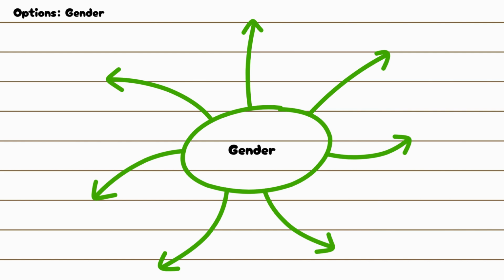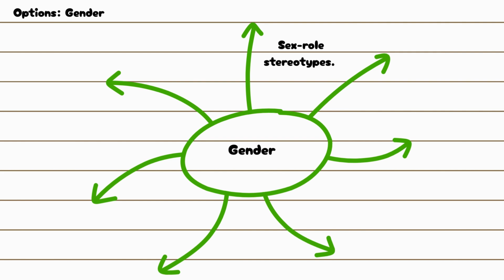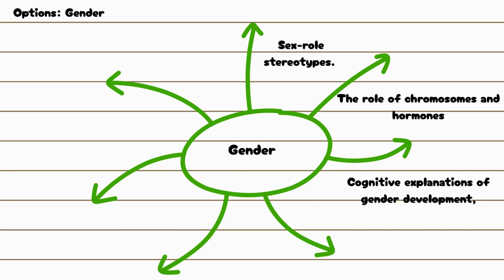Optional topic: gender. You must know about sex and gender, sex role stereotypes, androgyny and measuring androgyny, including the Bem Sex Role Inventory, the role of chromosomes and hormones, testosterone, estrogen, and oxytocin in sex and gender, atypical sex chromosome patterns, Klinefelter syndrome and Turner syndrome, cognitive explanations of gender development, Kohlberg's theory, gender identity, gender stability, and gender constancy, gender schema theory, psychodynamic explanation of gender development, Freud's psychoanalytic theory, Oedipus complex, Electra complex, identification and internalization, social learning theory